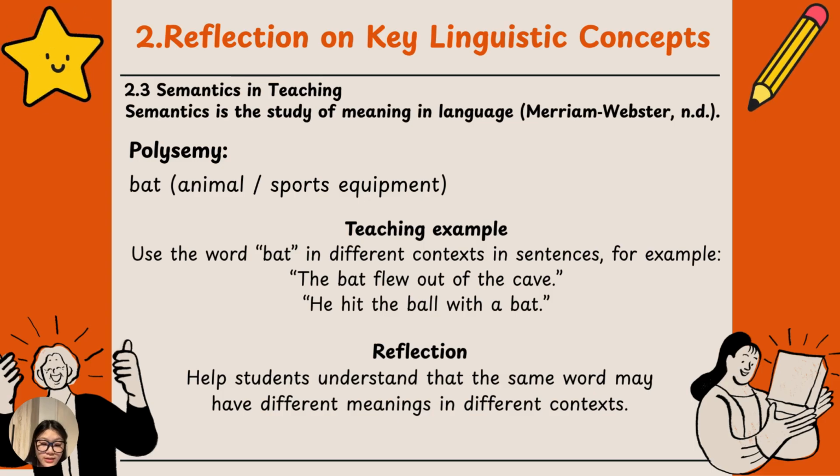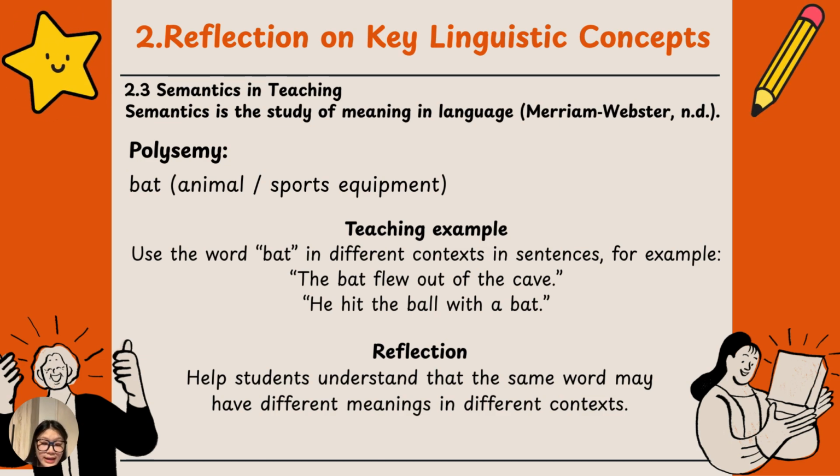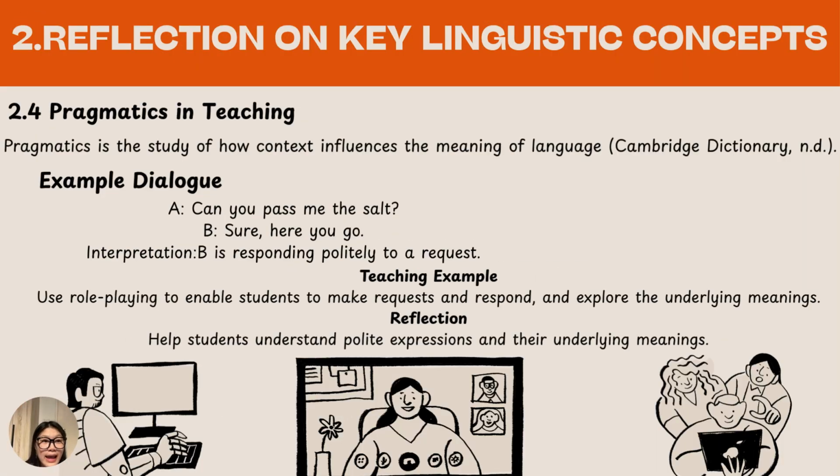Merriam-Webster emphasizes studying meaning in language. For example, the word bat can refer to an animal or a piece of sports equipment. And this shows that the same word can have different meanings depending on context. Through learning semantics, I realized that understanding meaning is an important part of language learning. This connects to my teaching focus on vocabulary because it shows that learning vocabulary is not only about words themselves, but also about understanding their meanings in different contexts. And the final